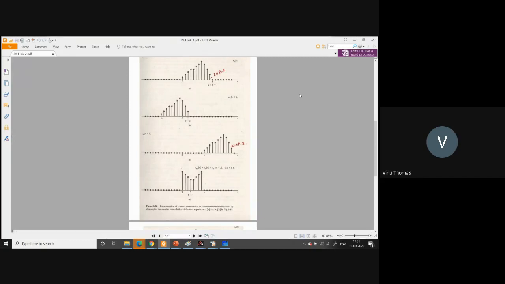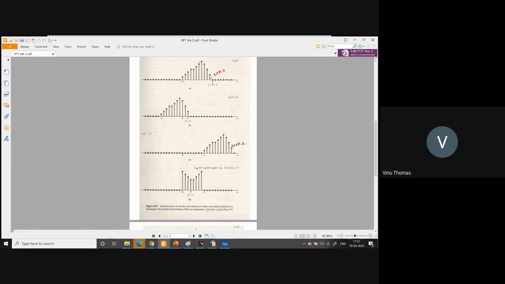Now, suppose you are doing an L-point circular convolution, with L being the length of the first sequence and P being the length of the second sequence, and you assume that L is greater than P. Then the first P minus 1 samples, from 0 to P minus 2, are incorrect. Since you are doing an L-point circular convolution, you will have L samples, and the rest of the samples, from P minus 1 to L minus 1, are correct.